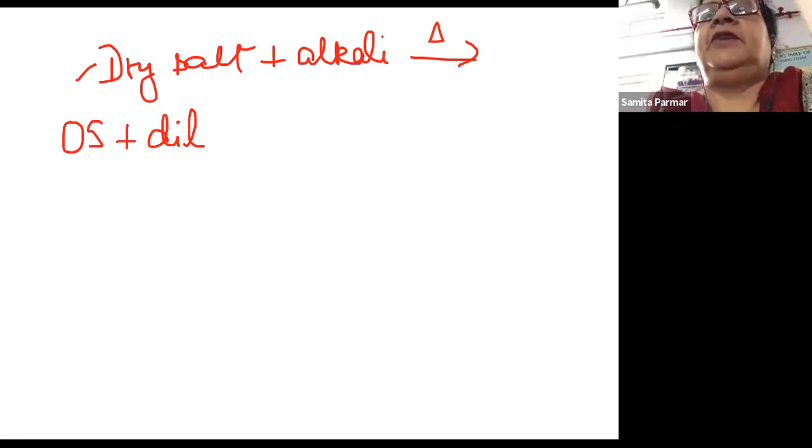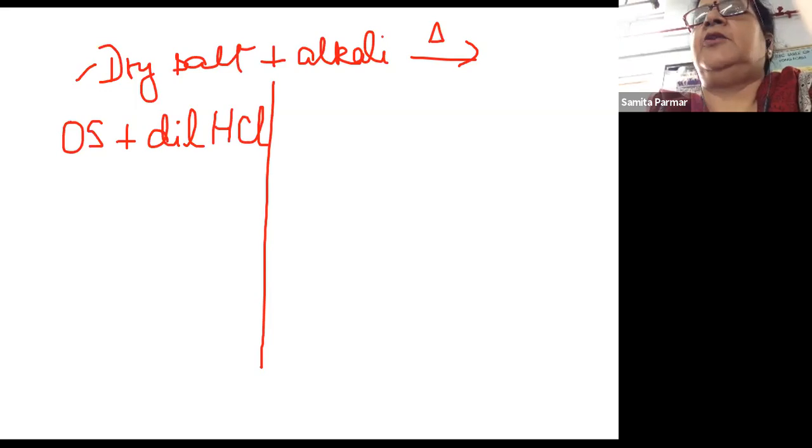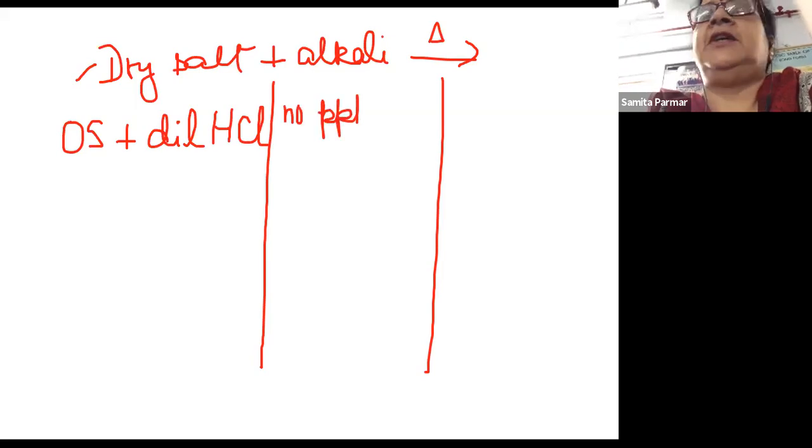Here, once the original solution has been prepared, what is the original solution? It's a clear solution and it should not have any turbidity or undissolved salt. So original solution plus dilute HCl when I am taking, all right? In this case, if this is the experiment column, then in the observation column, you will write no precipitate observed. Why? Because in group 1, there is no precipitate formed because the cations of group 1 are not present in today's salt.